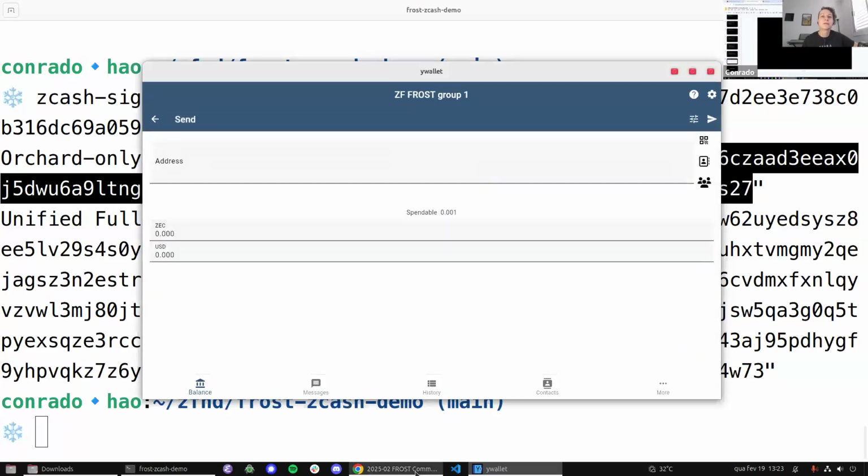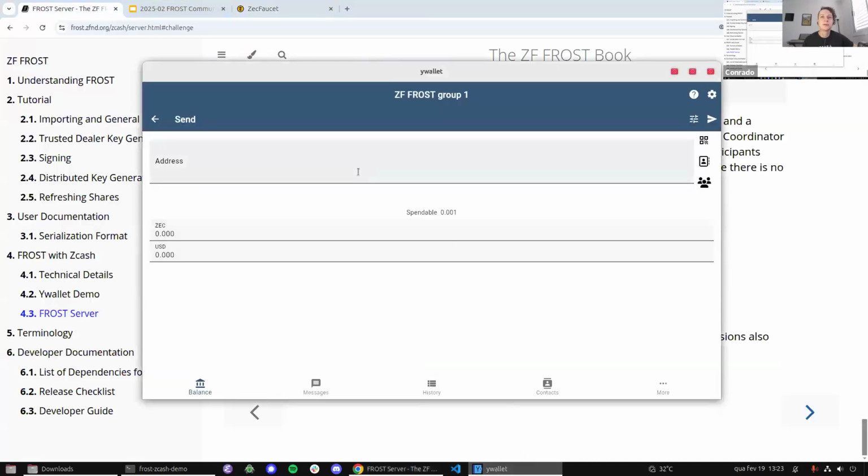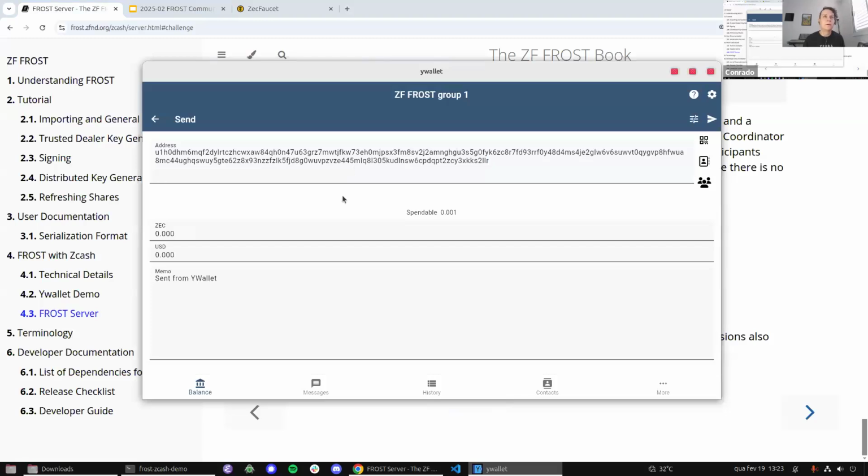So let's send some funds. I'll just pick Zach Fawcett's address here to make a small donation. I have 0.01. I will just send 0.0000001, this is just a test. I'll just press here. If I click send,